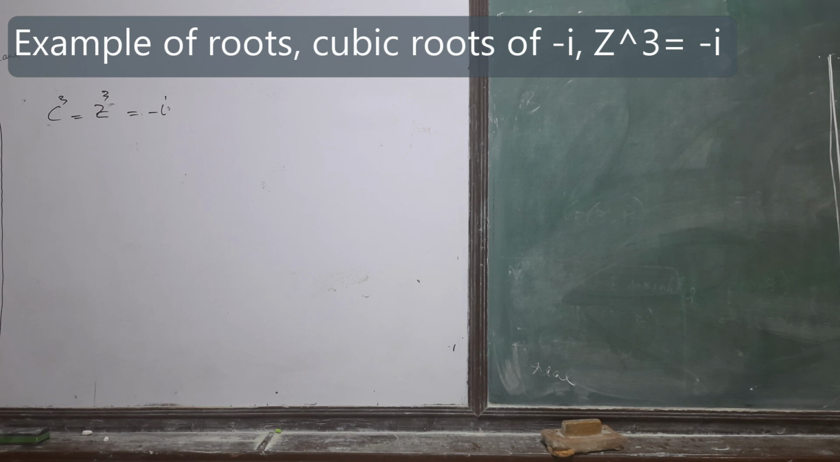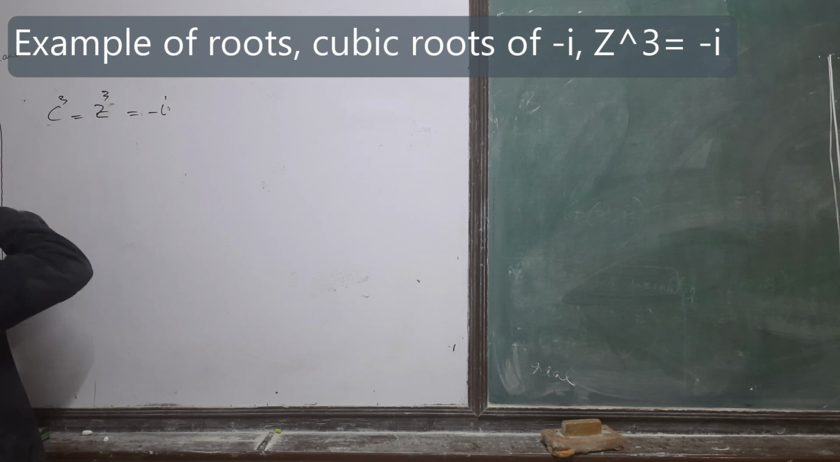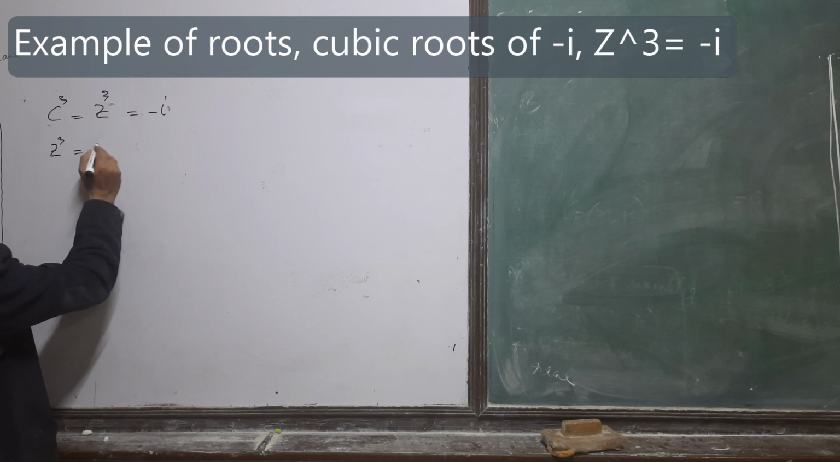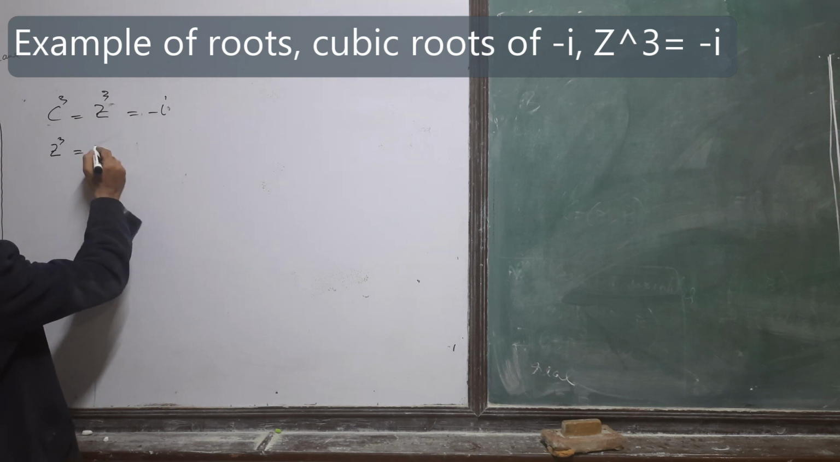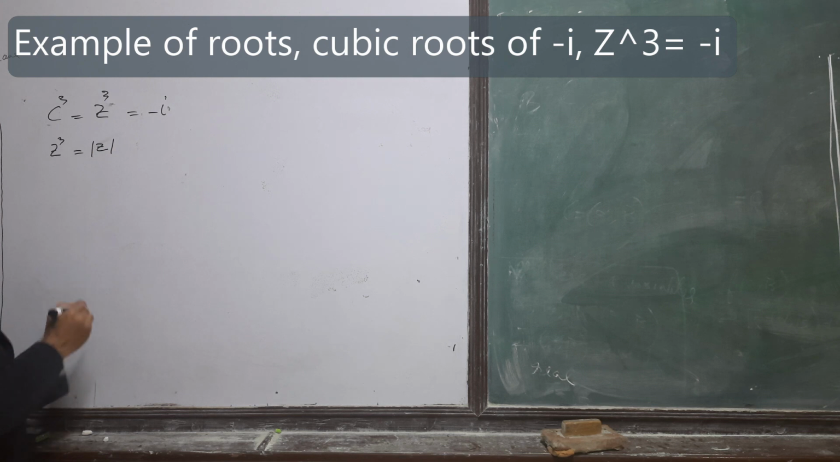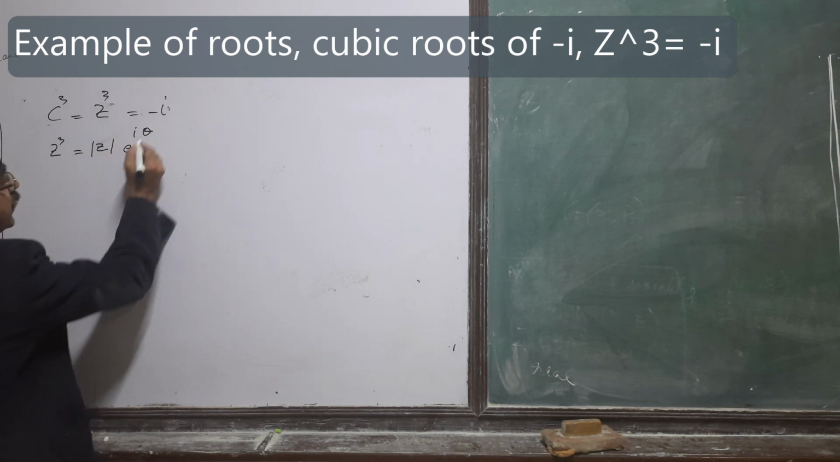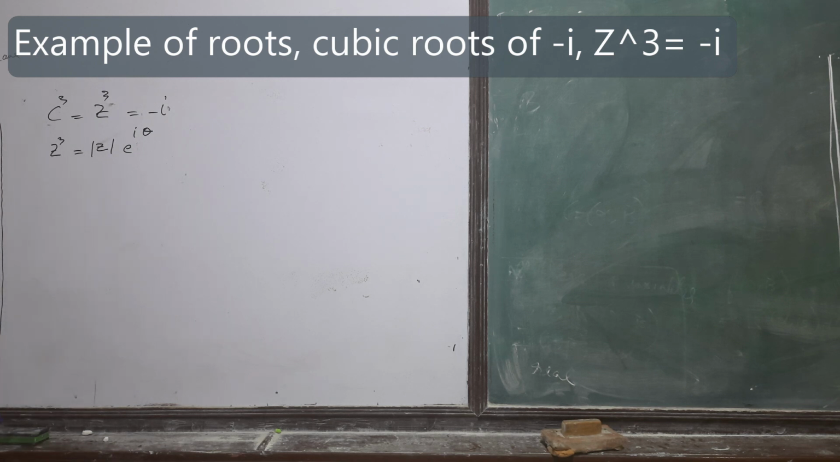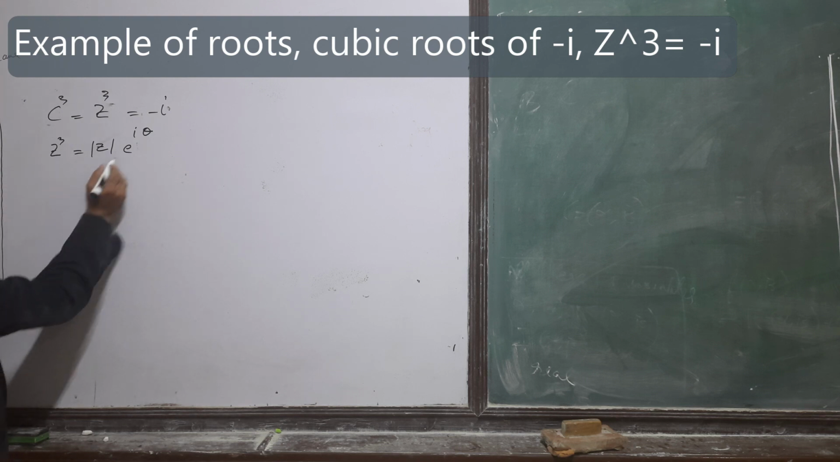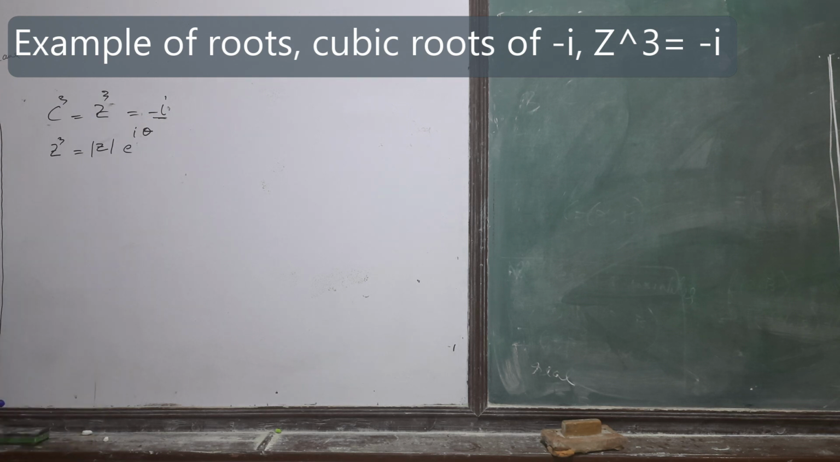Okay, and how will you find the roots? We know that z^3 will be equal to the z magnitude times exponential of iota theta. Okay, that is the polar representation of complex numbers. Yes, and you have to find that that is equal to minus iota theta, or